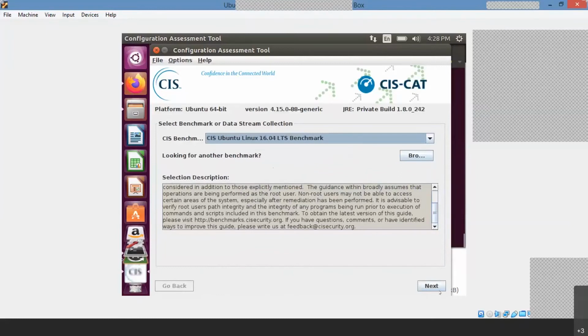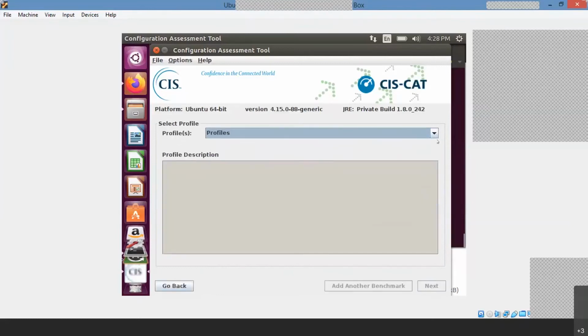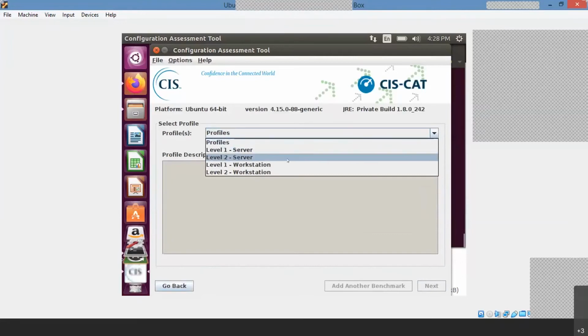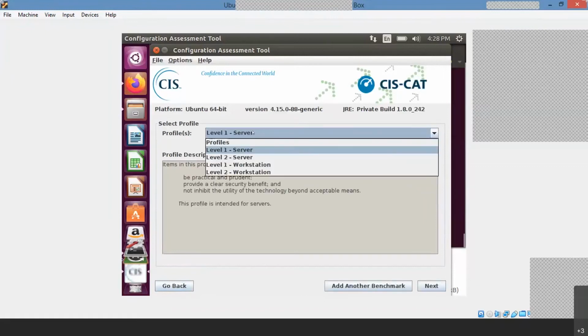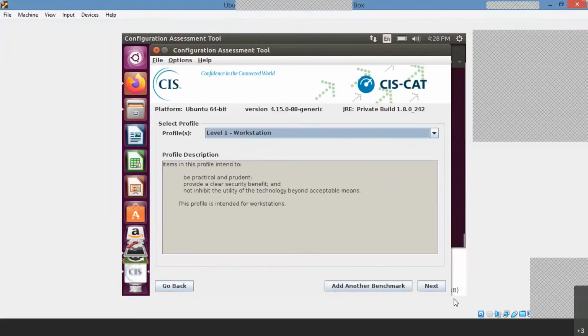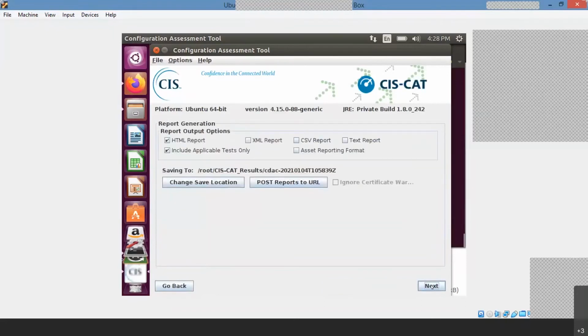So the next thing, you can click start the assessment. Under the profile, you can select. In my case, I am selecting workstation, because my system is a workstation, so I am using workstation level 1. Click next, and you can start the assessment here.